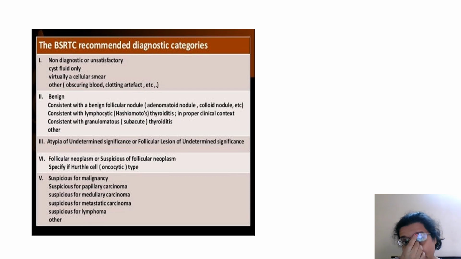Before we start with the microscopy of thyroid, each and every one of us has to know about the Bethesda classification. Whenever you are reporting in exams or in your practical life, when you are reporting thyroid, you have to follow the Bethesda classification. So Bethesda has these 5 categories. There is non-diagnostic or unsatisfactory, which will only have clear fluid-like cyst material, or it may just have blood, or the material has just clot, and some artifactual change, we cannot comment on that.